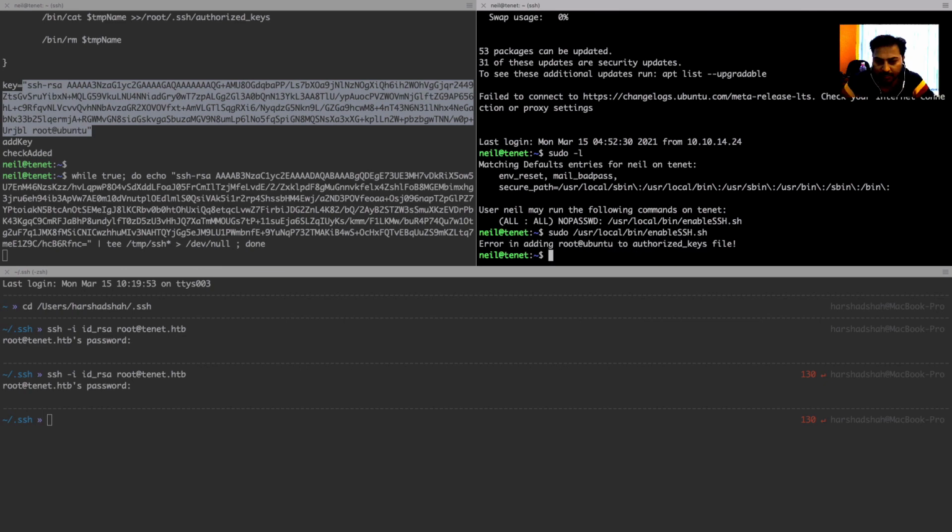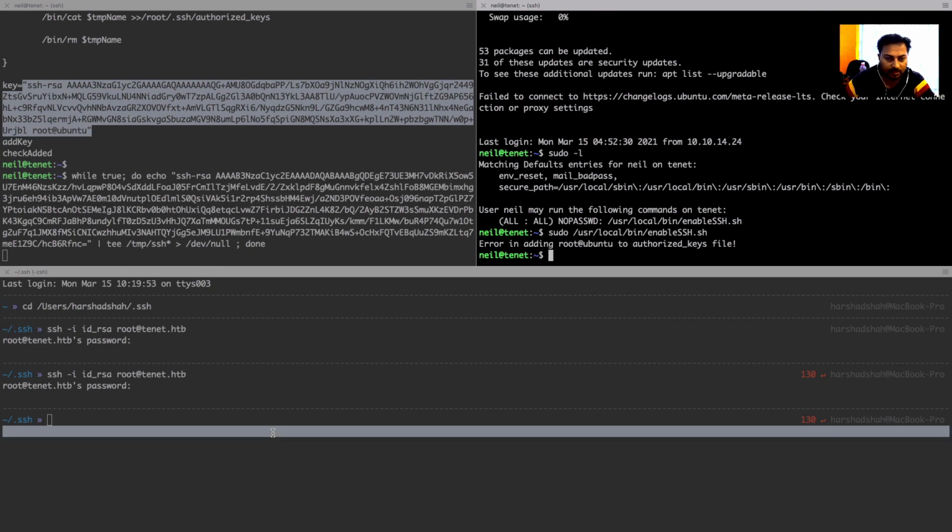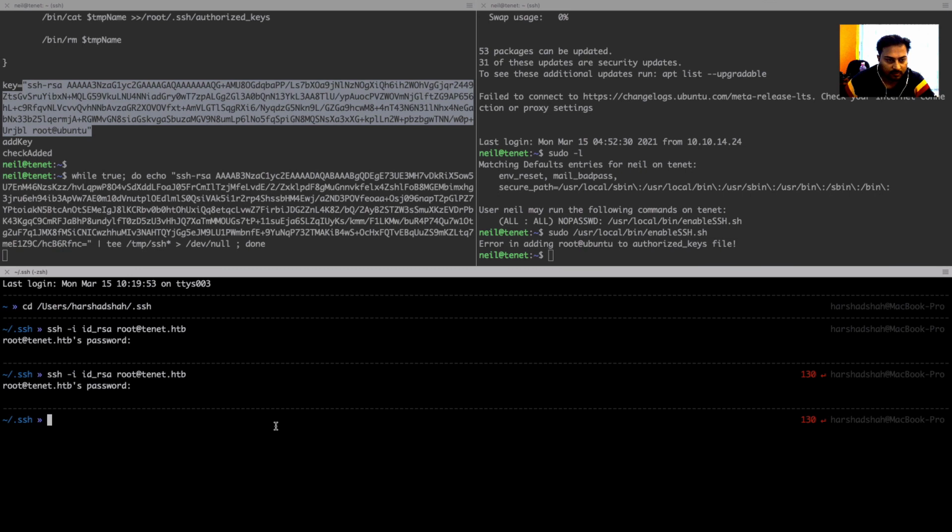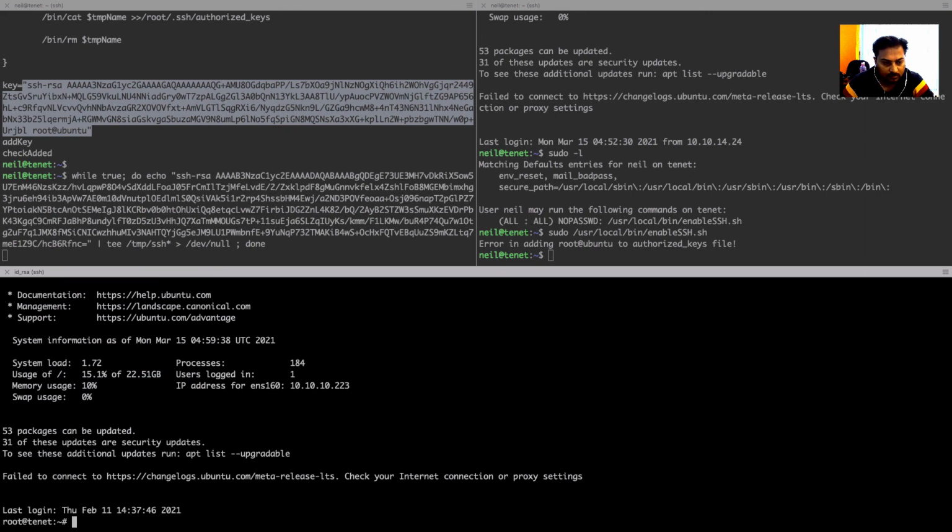It's telling an error in adding the root Ubuntu authorized key file, so let me try once again. See, we successfully logged in as root.